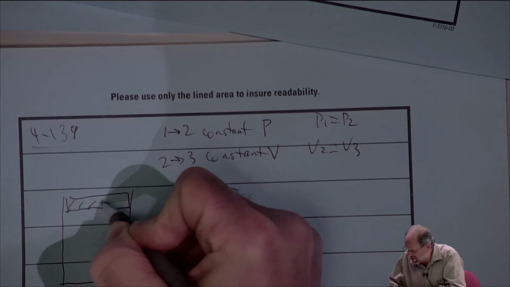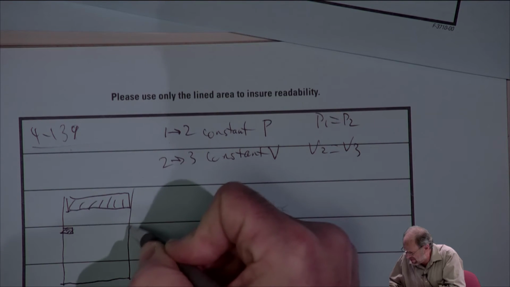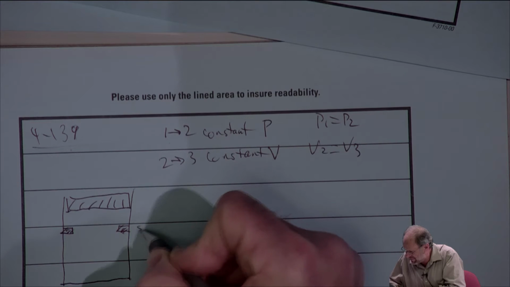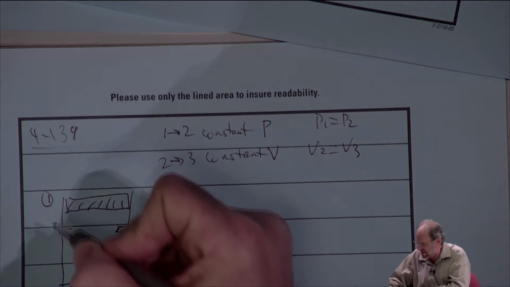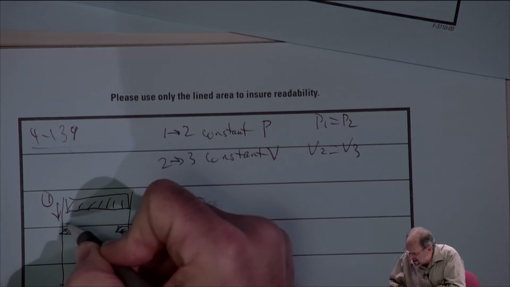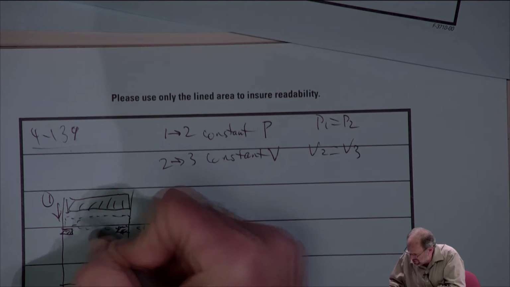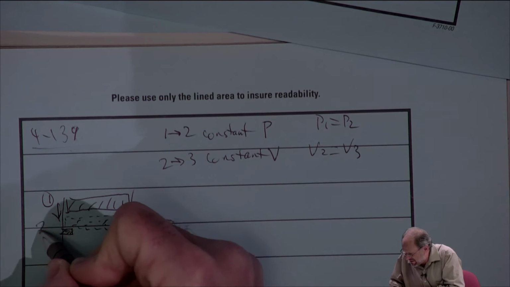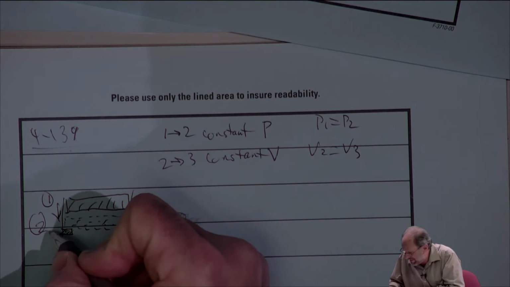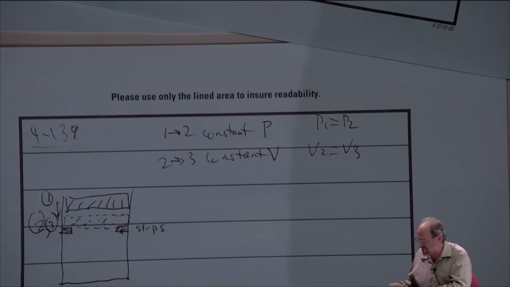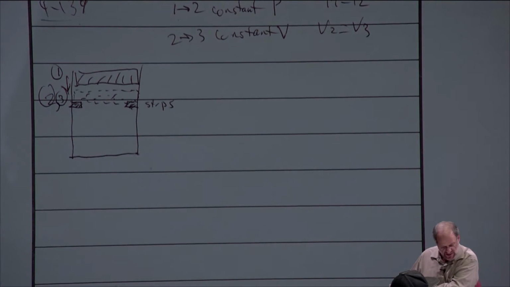All right, so here's my piston cylinder device, and then at some point down here are the stops. This represents state point 1. As the piston moves down and sits on top of the stops here, I'll just show this as a dashed line, then that's going to represent state point 2, and it's also going to represent state point 3, right? So this is just the illustration. So now let's write down what we know and what we don't know.